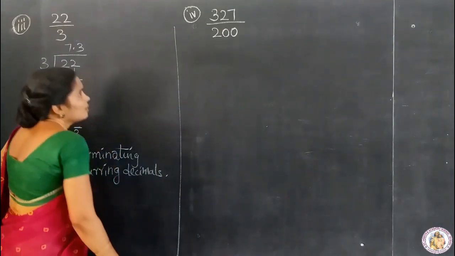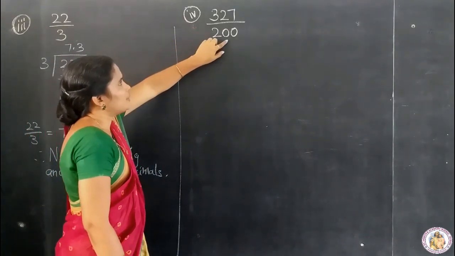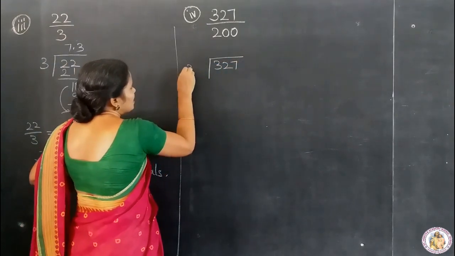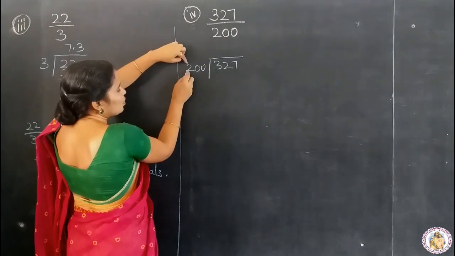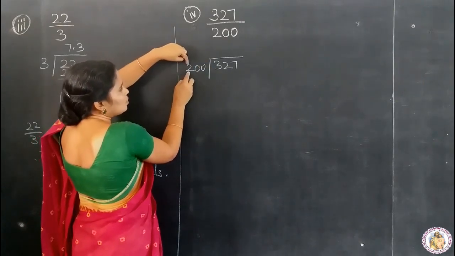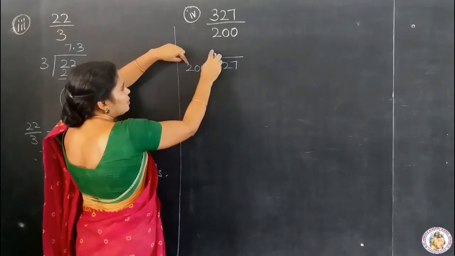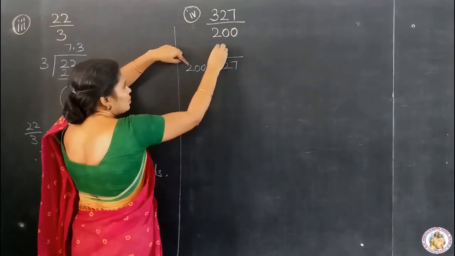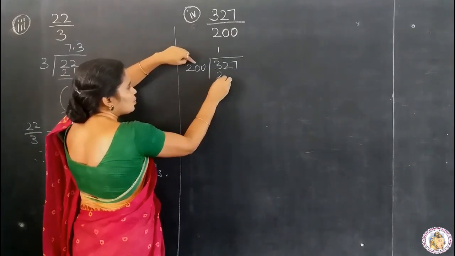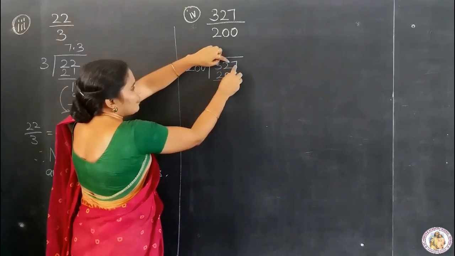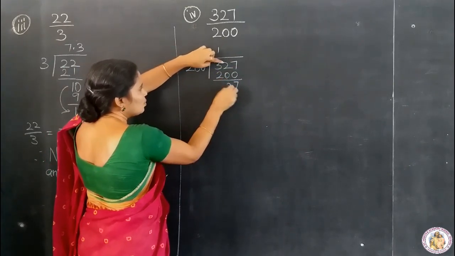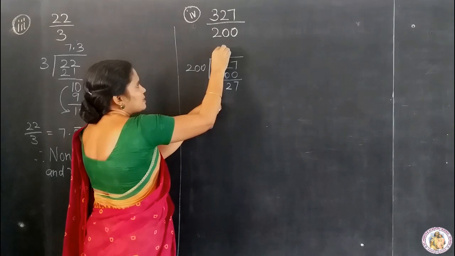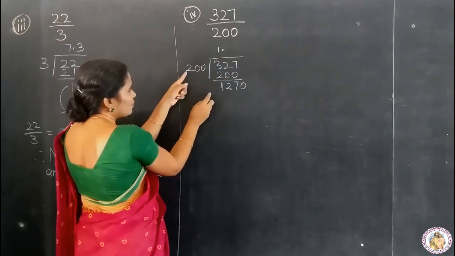Question number 4. 327 divided by 200. So looking at 200 or 327, don't think so, it is very tough. 200, you can go with multiples of 2. So 2 ones are 2. If you put 2 twos are 4, it will be more than 327. It will become 400. So 200 ones are 200. 7 minus 0, 7. 3 minus 2, 1. So we don't have next number. Keep decimal, add 0.